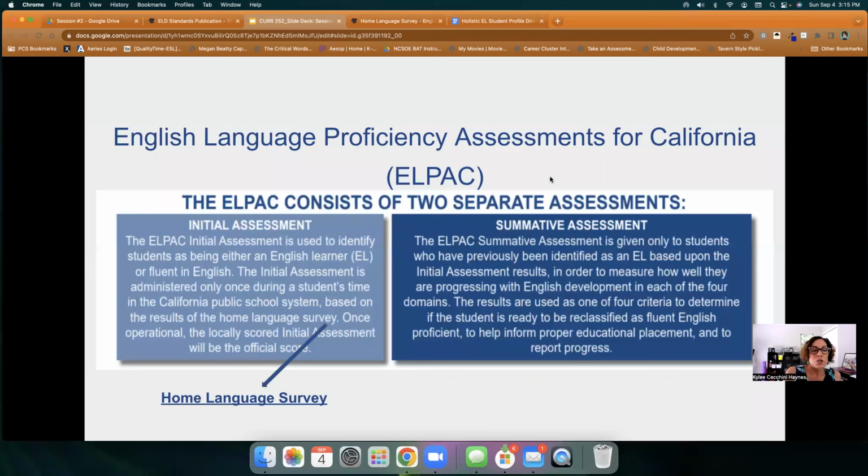Grade level English, they are considered fluent English proficient, FEP, and they will not receive English language development services. Okay. If a student, again, let's take our freshman coming in from Texas and they're given the home language survey,